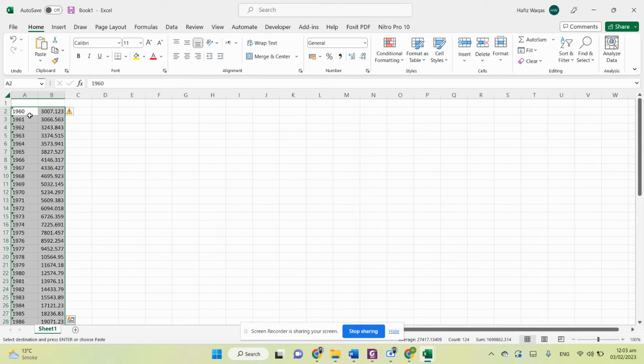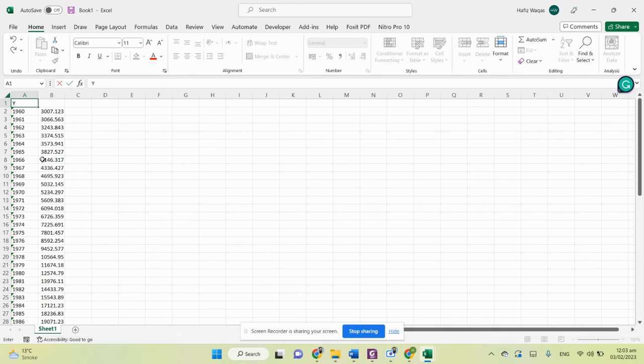Here you can see that after clicking on Transpose, all the data which was previously in horizontal format is now changed into vertical format. Here come the years, here comes the value. First, we will type the title of this row. For example, this column will be known as Years, and the second column is basically GDP per